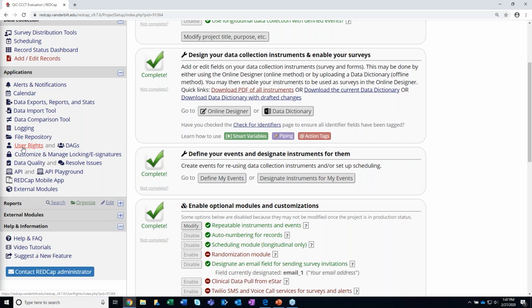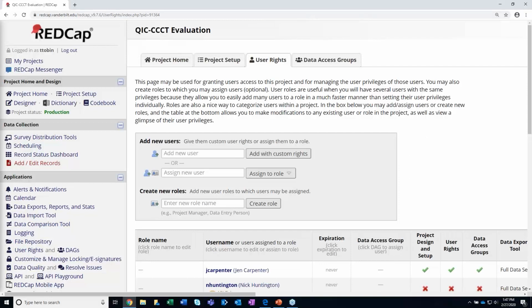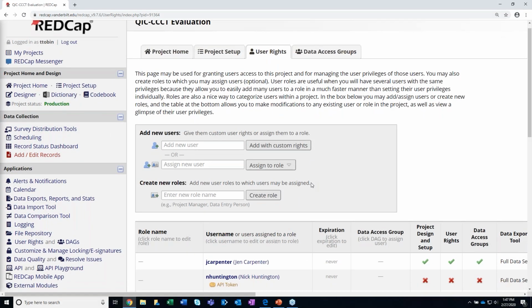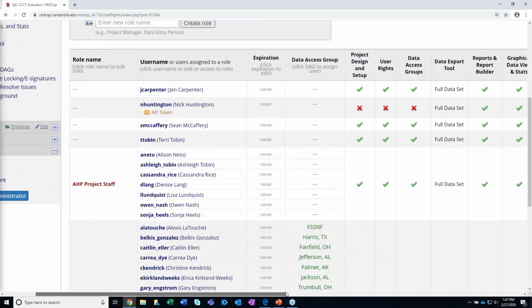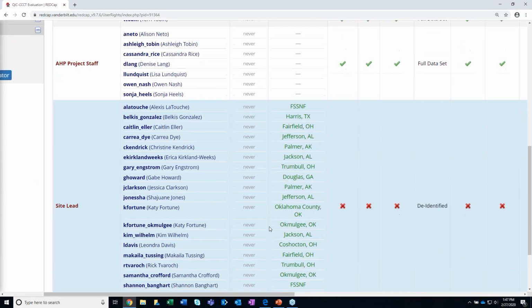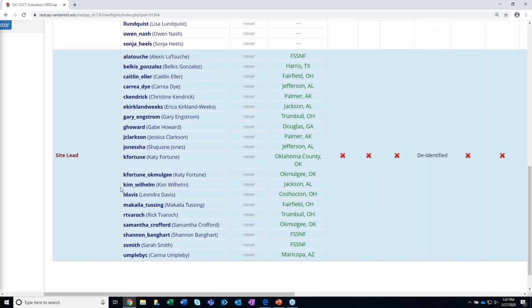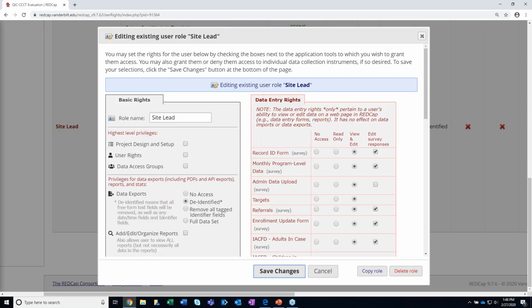So user rights allows you to grant users access to the project and to manage the privileges of those users. So for example, I'm going to scroll down a little bit here. Site leads who have user access are listed here under the role of site lead. And you can see here that